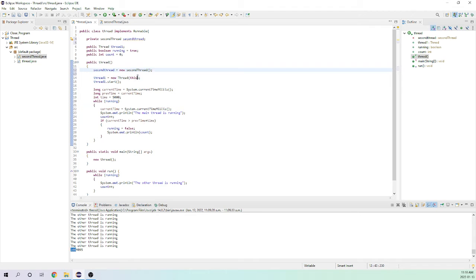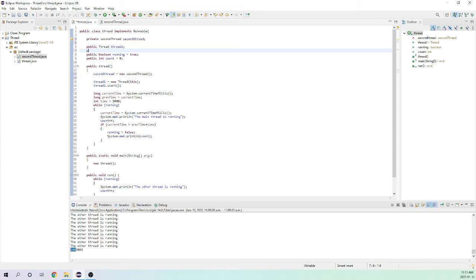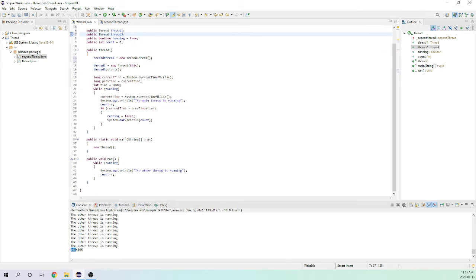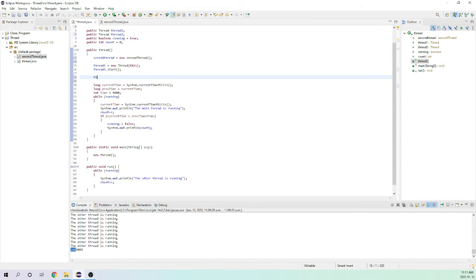second thread. So right here, as I said before, this means that this class is the one it looks for the run method in. So what if I want to make another thread? Public thread thread2. Well, then over here, I'm going to go thread2 equals new